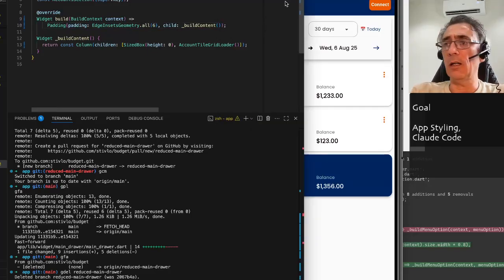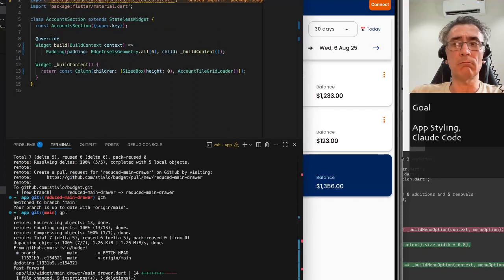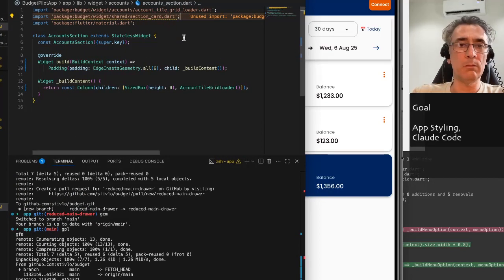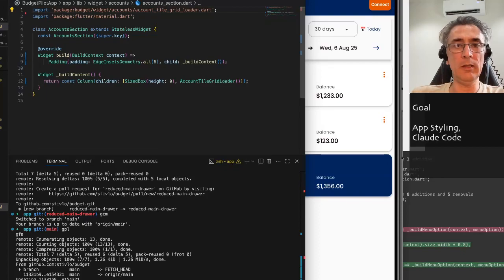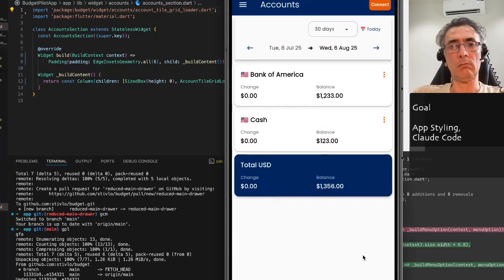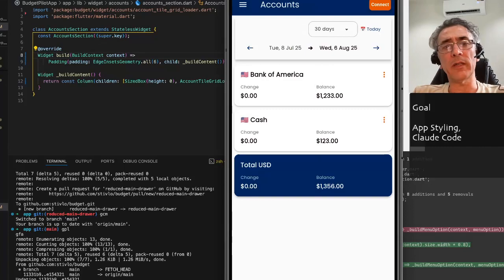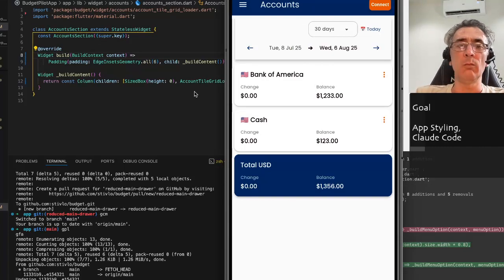Okay, so this says put it in a screen. Unused import, and delete. Okay, let's try to remove the card around that, because what I think is this